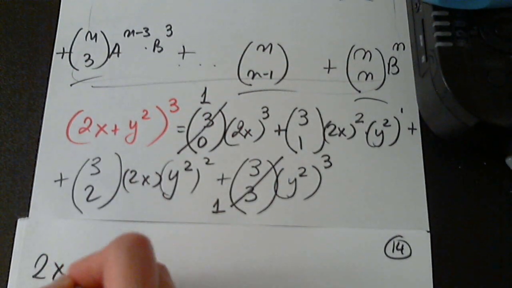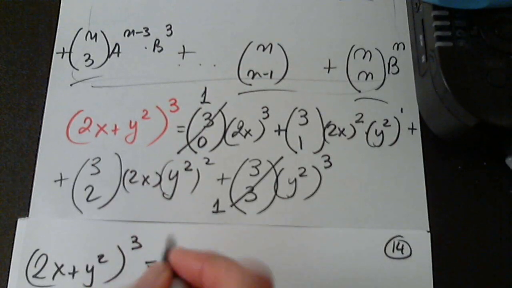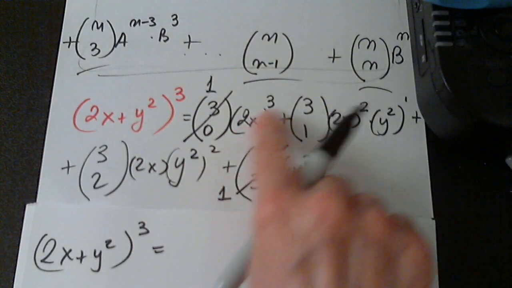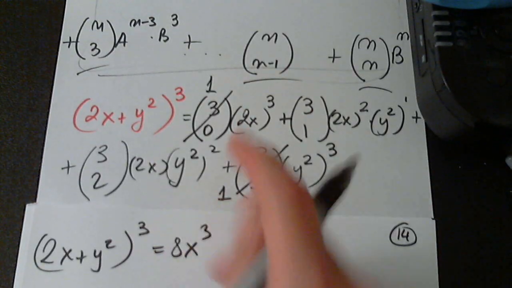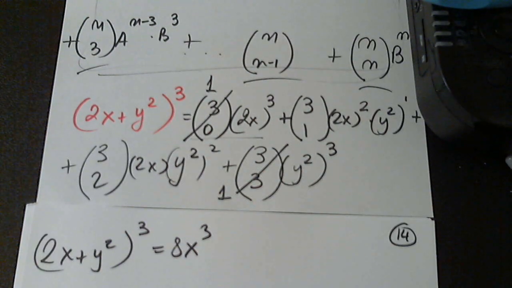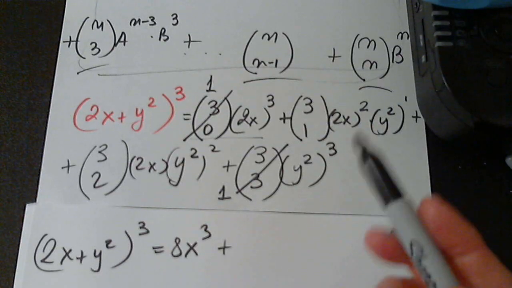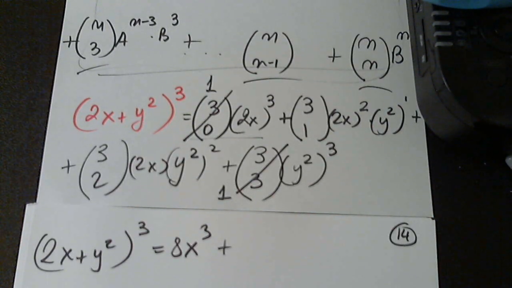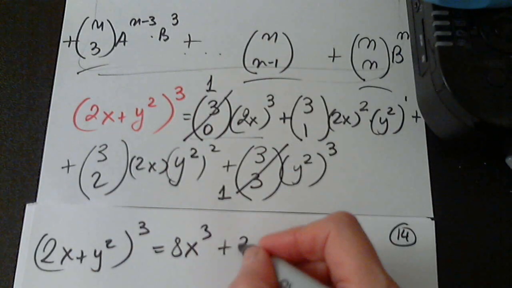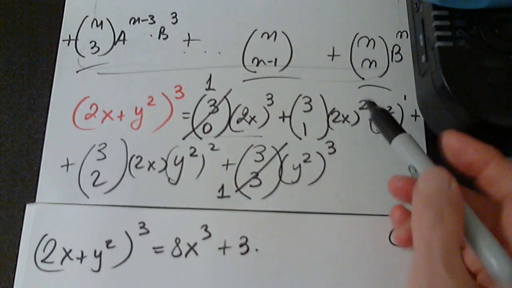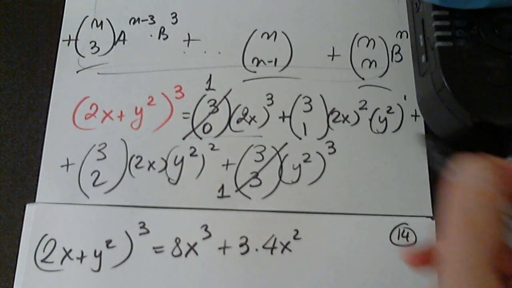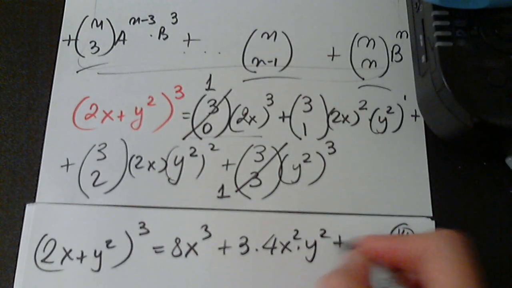So 2x plus y squared to the third. I already have 2 to the third, which is 8, and x cubed. I have completed term 1, plus 3 choose 1. Okay, so 3 choose 1 is 3 factorial over 3 minus 1 factorial times 1 factorial. Well, this is 3. So I have a 3 from this, I have to raise 2x to the second power. I have 4x squared times y squared, plus